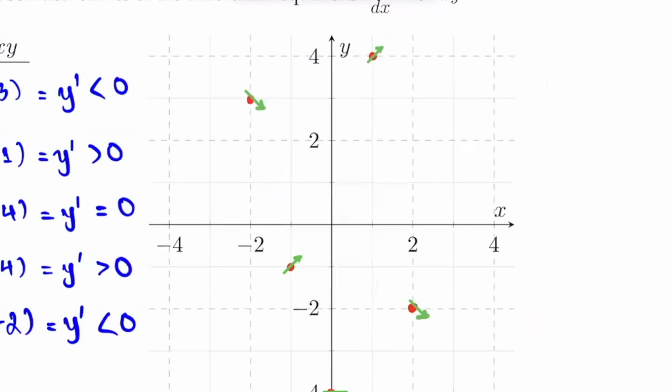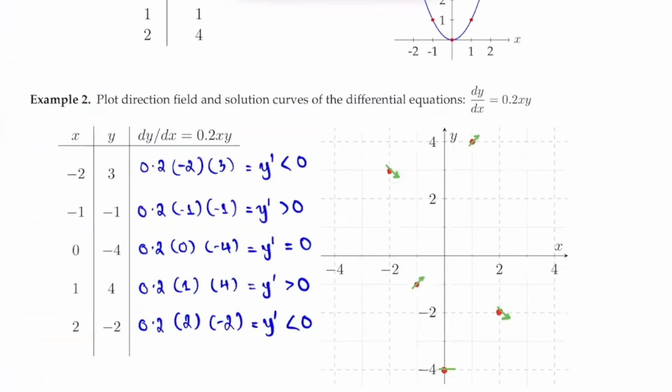So here you have a few points. You plot these points on the coordinate system, and at each point you calculate the derivative to indicate the direction of the solution. If y prime is less than 0, the solution curve is going to decrease. If y prime is greater than 0, the solution curve is going to increase. And if y prime is equal to 0, you have a horizontal line at that point. Here, because we only have 5 points, it doesn't really show any pattern to the directions of the